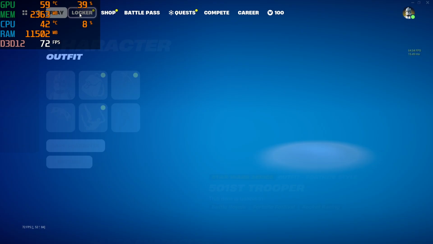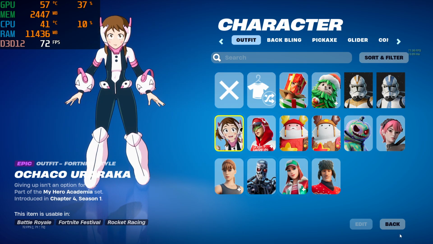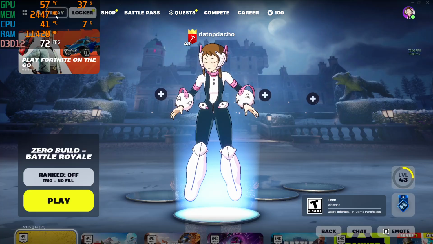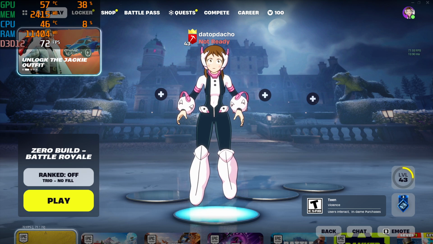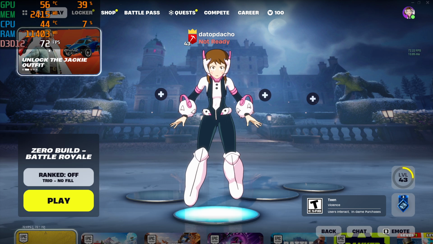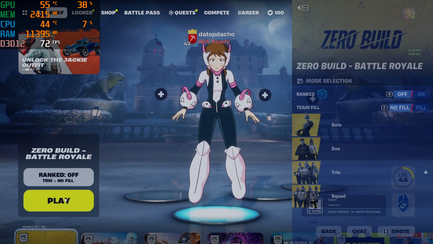So let me go ahead and change my skin here. We go with the Japanese anime skin here. All right, you can see that here in the upper left corner, my FPS is locked at 72. So let me go ahead and load into a